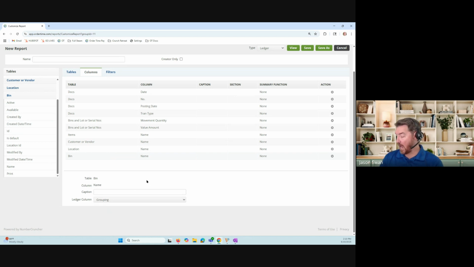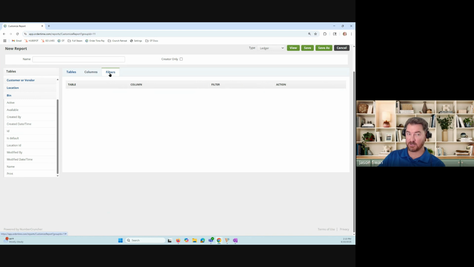Now, I could run this right now, and it'll do this ledger for every item. Obviously, that's a ton of data. So we always recommend you save this on a specific item. Now, I could go into my items table, and I can grab the name